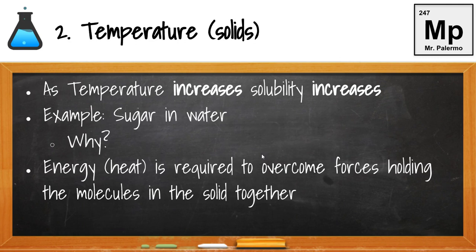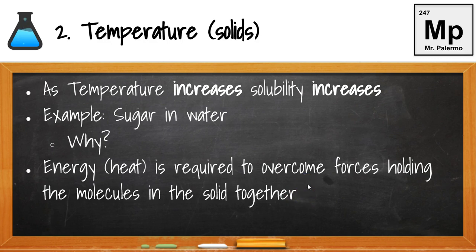The second thing we're going to look at is the effect of temperature on how much we can dissolve something. We're going to look at solids and gases independently because they are different. For solids, as we increase the temperature, we increase the ability to dissolve. So for example, sugar in water. If I add sugar to water and increase the temperature, I can dissolve more sugar in the water. But why? This is because energy, heat, is required to overcome the forces holding the molecule in the solid